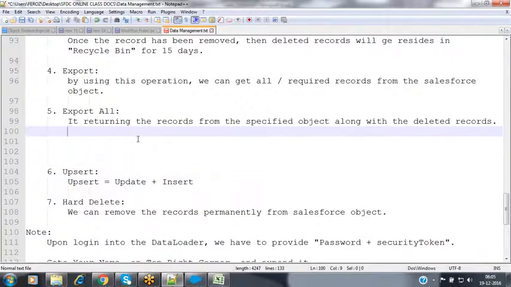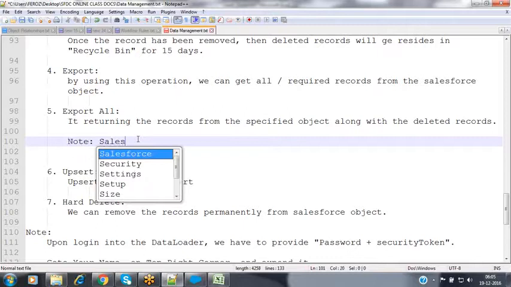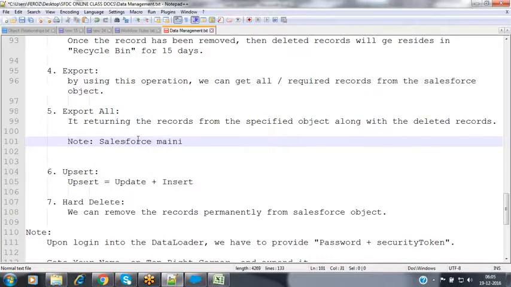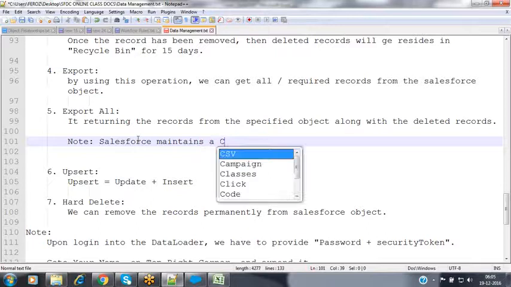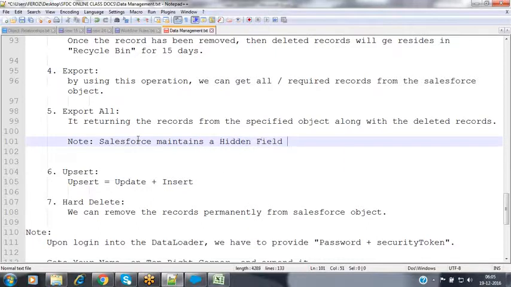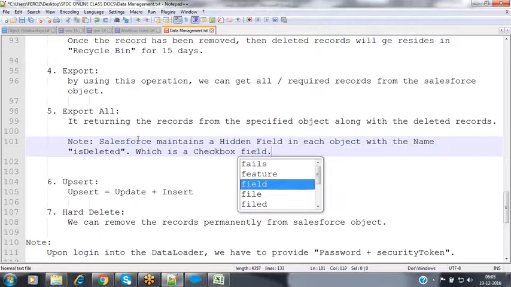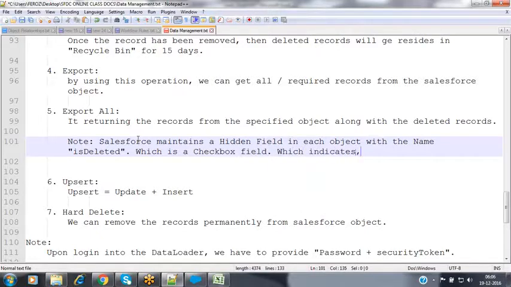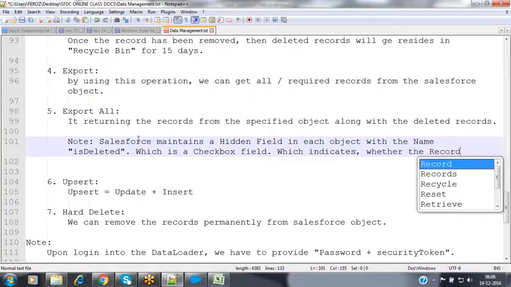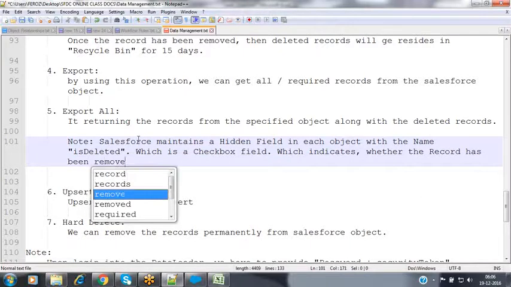Now, let's make a note of it here. Salesforce maintains a hidden field in each object with the name IsDeleted, which is a checkbox type, which is a checkbox field, which indicates whether the lead record has been removed or not.